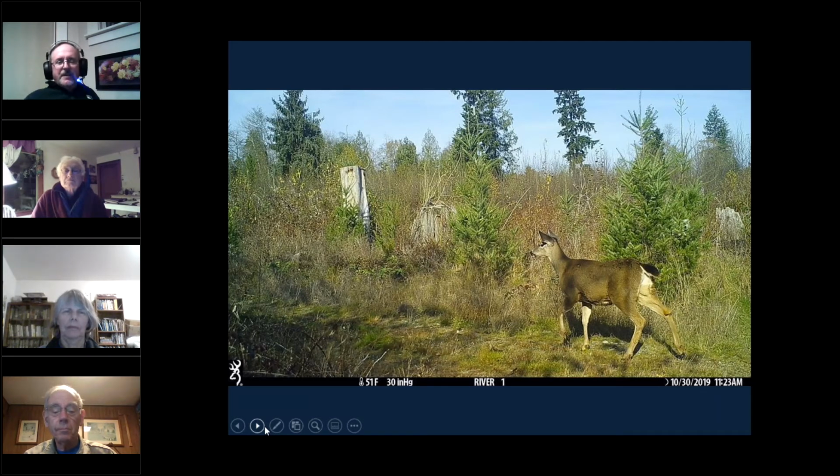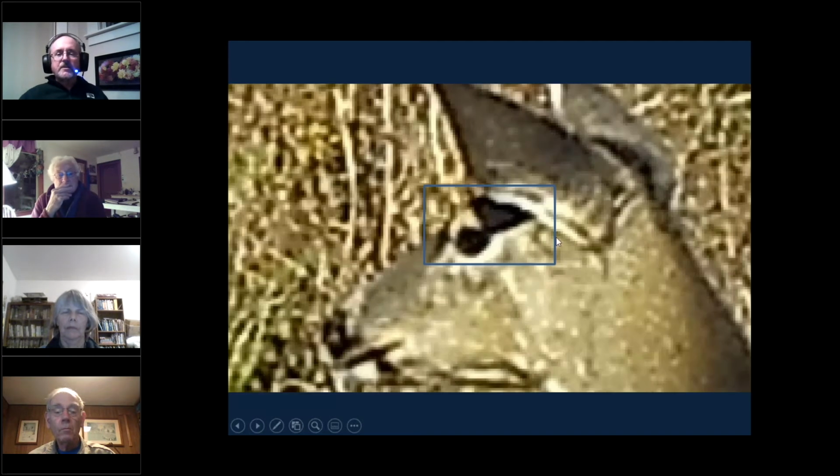Typically, on a wildlife camera, your picture will not be any better quality than either the lowest or the second lowest quality that they show on the setup. So we're going to zoom in here on this picture. As we zoom in here, you can see some individual pixels. And as we zoom in tighter, now,